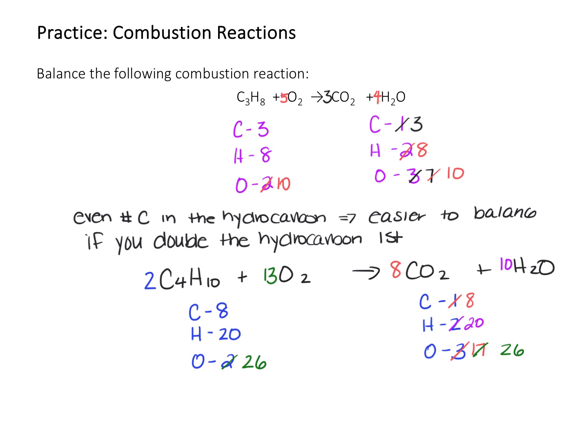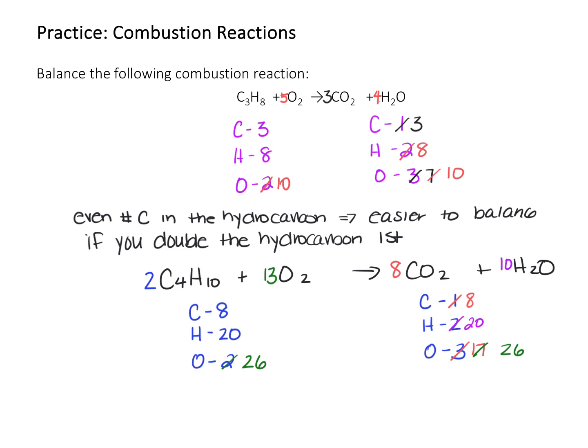Some things to check here. You need to make sure that when you have these numbers like this, that you can't divide all of the numbers by something to get lower coefficients. So what do I mean by that? You can't divide everything by 2 here and get a smaller number. You always want the coefficients to be in the smallest possible number. But we can't do that because this is 13, and if we did that, we would not have a whole number anymore. Okay? So I wanted to spend a little bit more time practicing the combustion reactions,